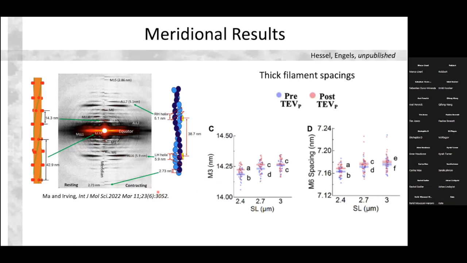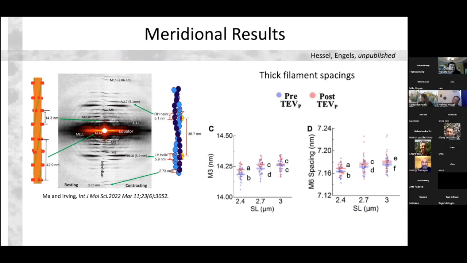But there could be, as I'm learning more and more about how changes in one structure of the thick filament can affect these different spacings and these different reflections, I'll just leave it at the point that we've noticed this change, but I can't tell you at this point what that's attributable to in particular, but it seems like a consistent finding.